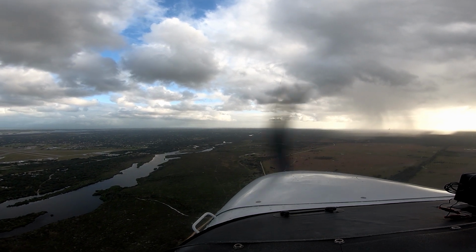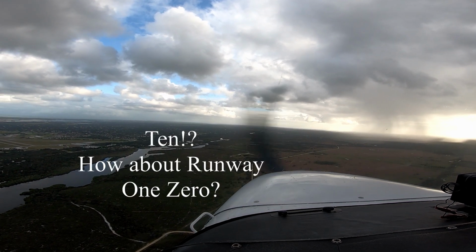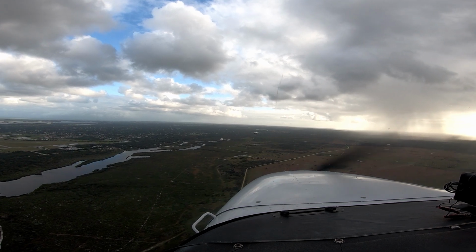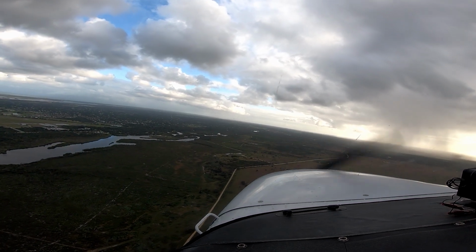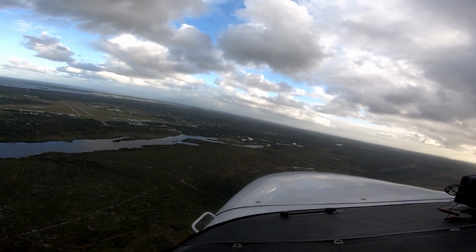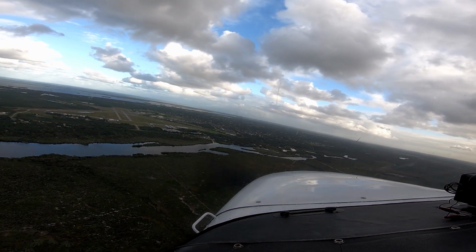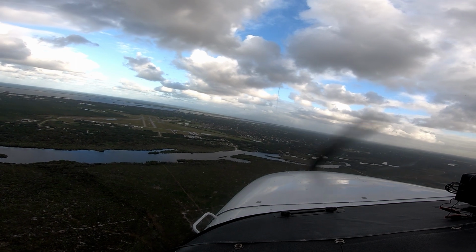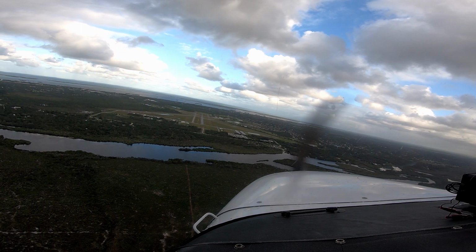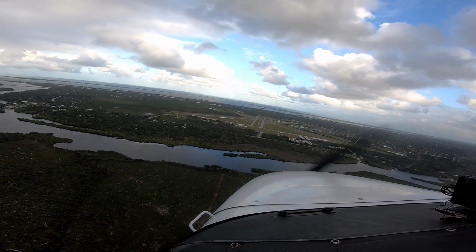Might as well talk. Sebastian traffic, Cessna 59 Kilo, turning final to runway 10, full stop. Sebastian traffic. Alright, good. Knots. This is Coffin's Corner, as Greg says. It's where pilots die because they slow down too much. That final turn into your final leg, gotta make sure